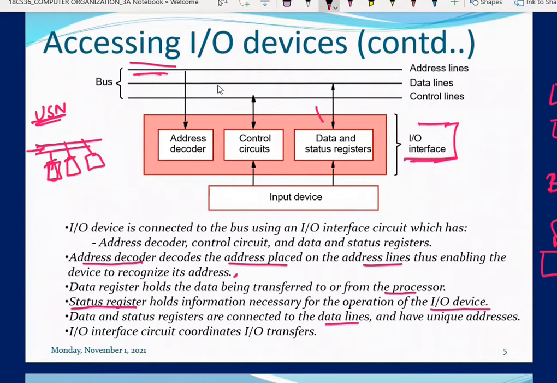The same set of lines are used to identify the device, or if it is connected with the memory, the same set of lines are used. The only thing is, if it is the address of the IO device, it is going to be recognized by the IO devices. If it is the address of the memory, only memory is going to identify it, and with the help of this address, it will find to which location or from which location it has to perform a read and write. Same set of lines, it is not to be separate.